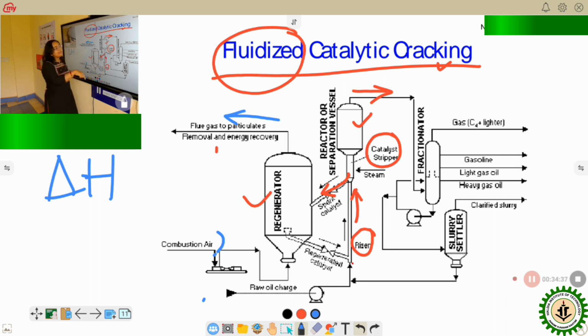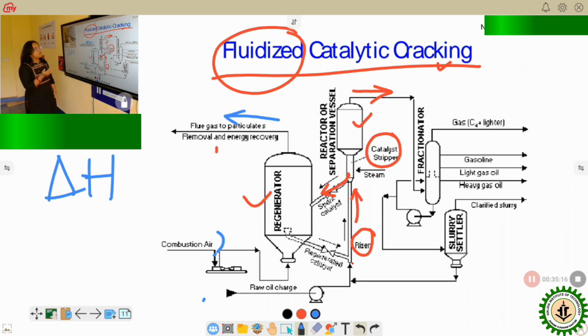Because of this, we consider fluidized catalytic cracking one of the most energy efficient units of the petroleum refinery, because whatever energy is required in the cracking portion is provided by the regeneration of the catalyst. One reaction, the cracking, is endothermic and the regeneration of catalyst is exothermic. So the energy demand of one section is provided from the regeneration section. That's why we can conclude that fluidized catalytic cracking is a very energy efficient section of the